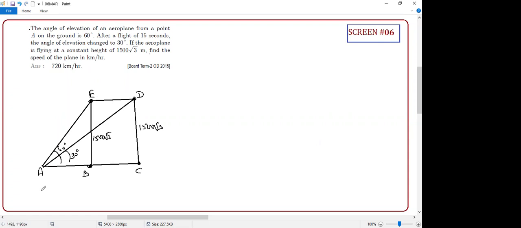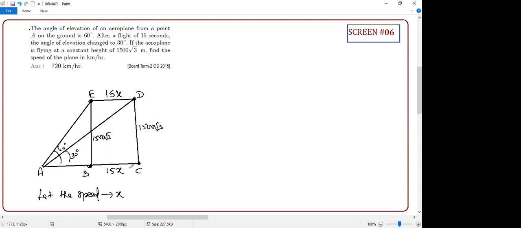Now you declare the speed. Let the speed be what? We can keep it as x, student. x or v, which is okay. x is okay now, everyone. What do I have to write here immediately? ED is what? 15x.